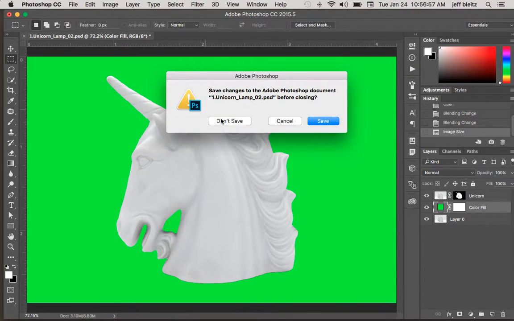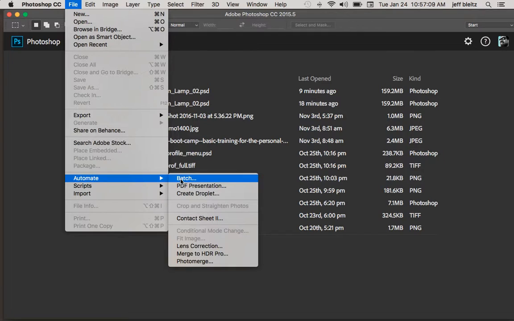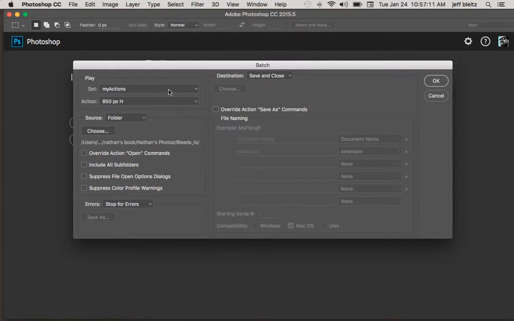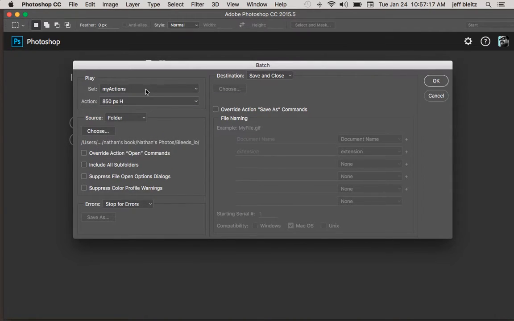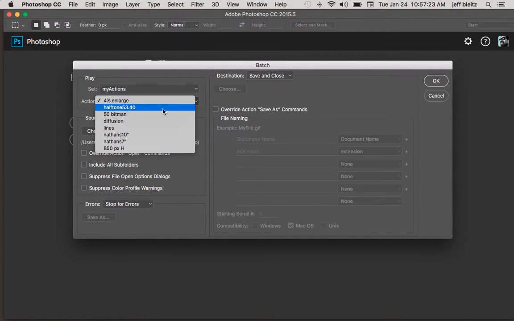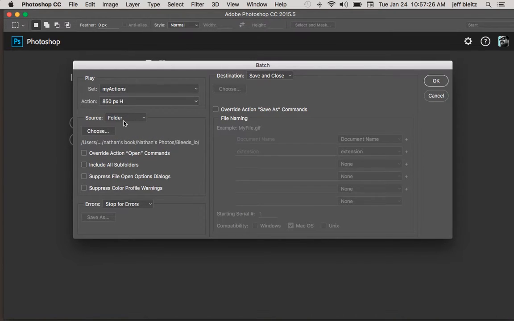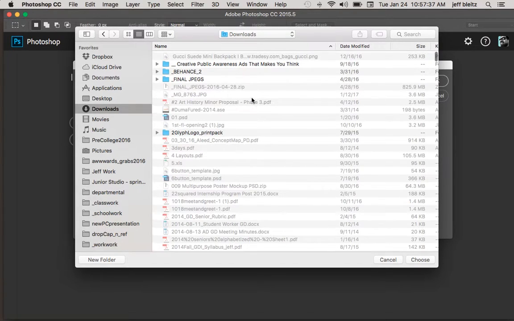Now I'm going to not save that image. I can go to File, Automate, Batch from Photoshop, and if I choose from my actions, it's already remembering that 850 ph, so I can choose from default actions or other actions. My Actions, 850 ph, and I'm going to choose a folder that these are going to go to. Where do I have these? Downloads. So I've created a folder